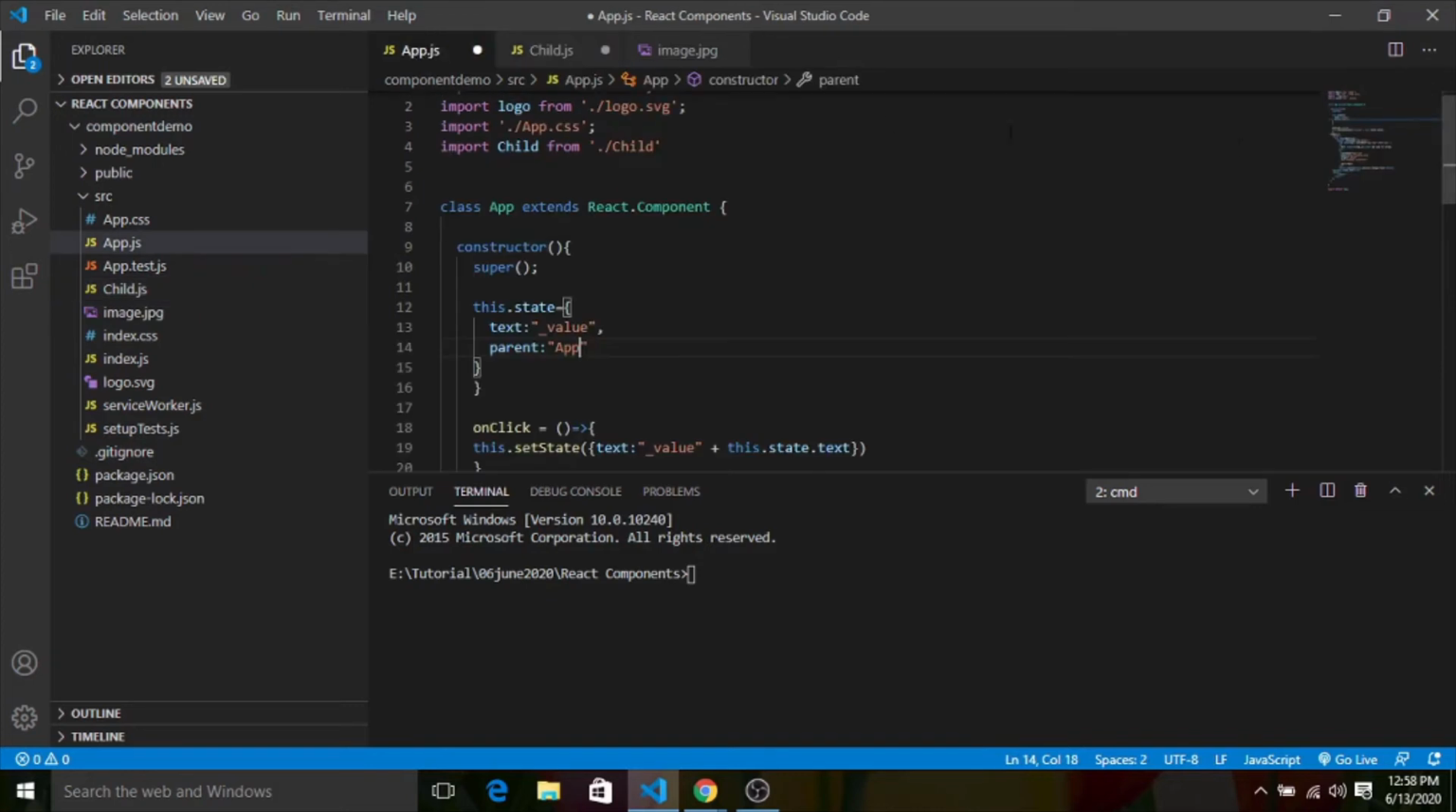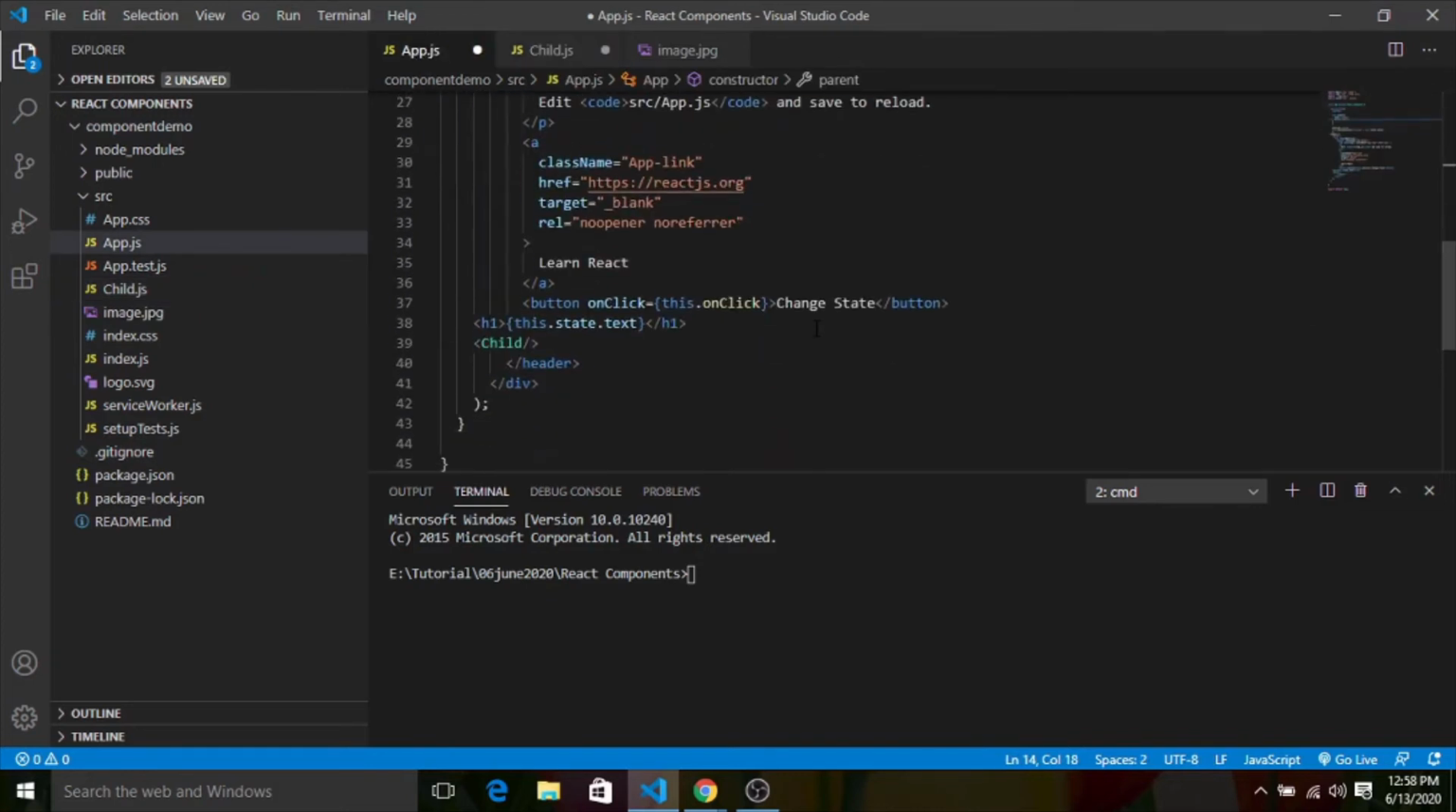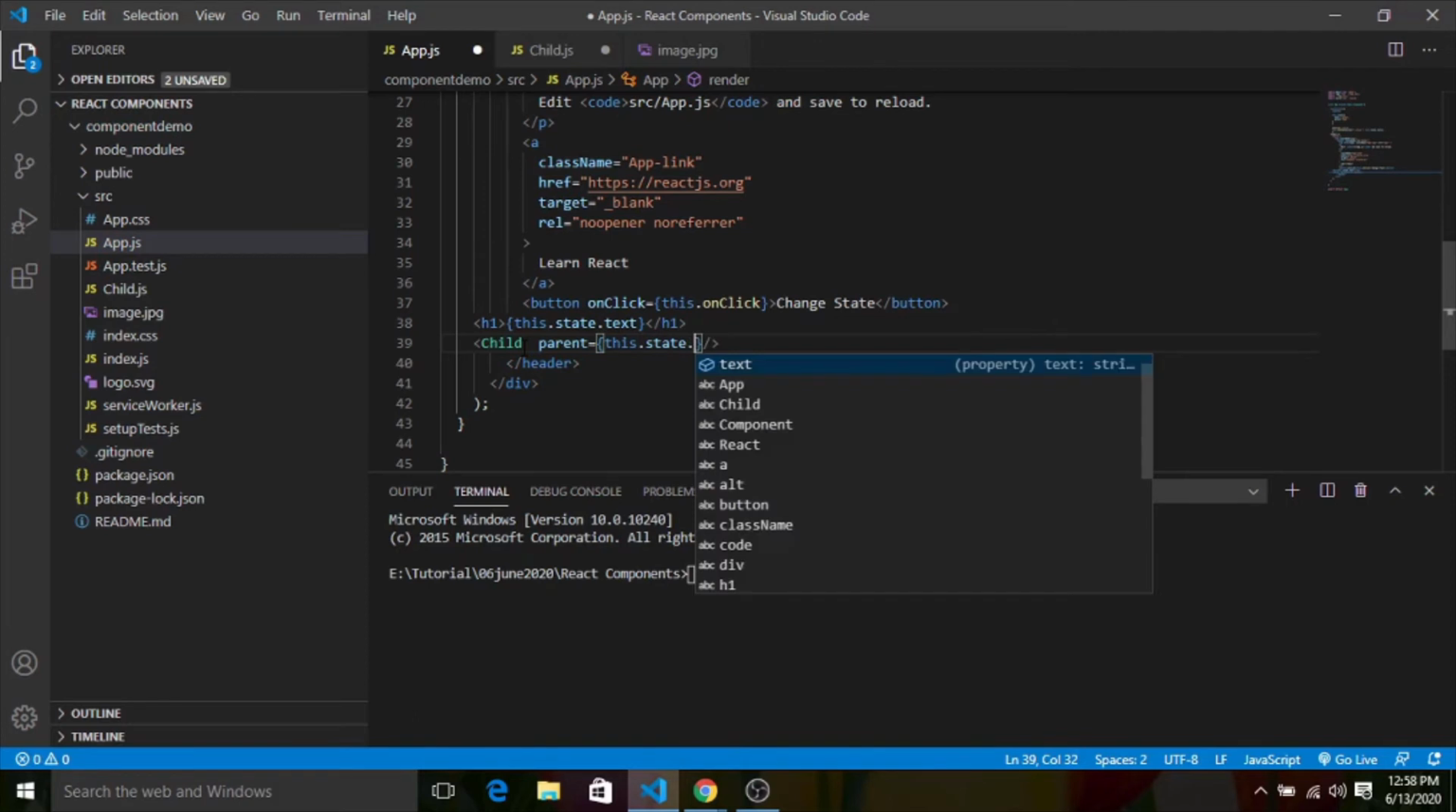So to do that, what I will do, I'll just come here, and property we pass as an attribute. So I'll create one attribute parent. This name can be anything, and I'll assign a value. The value will be which value I want to send to the child. In our case, this should be this dot state dot parent,